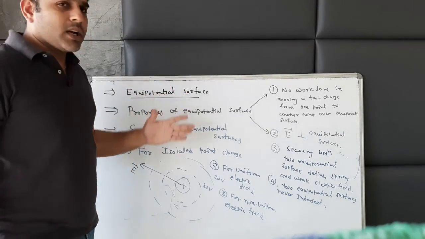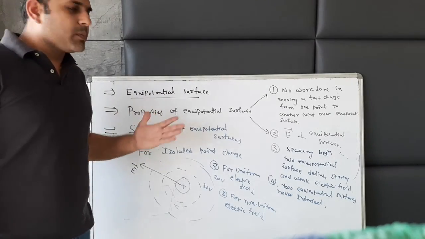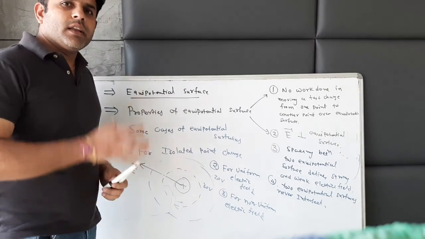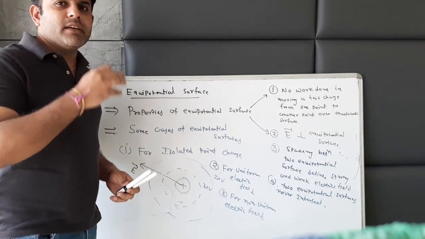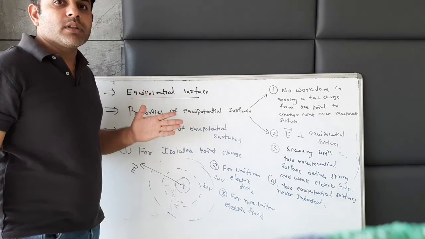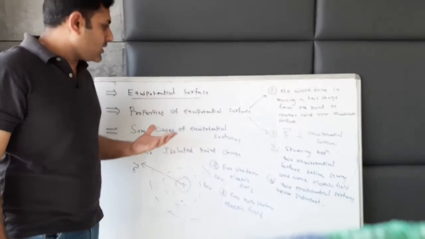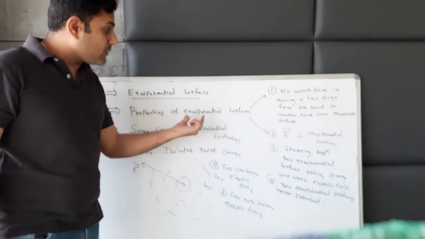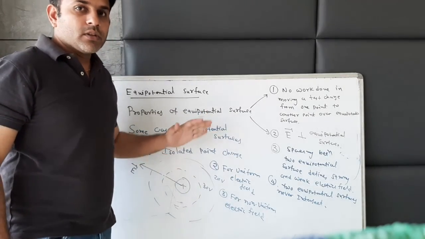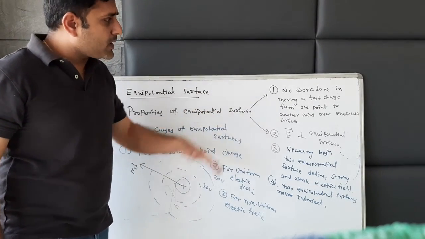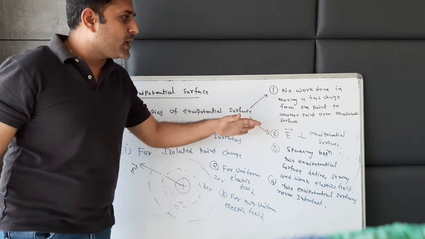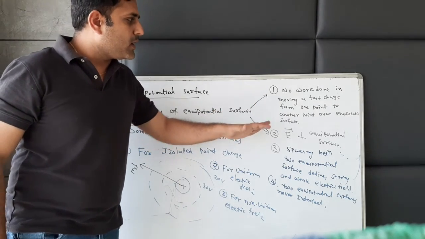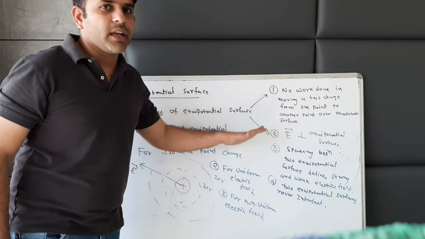So what are the properties of equipotential surface? In the electric field chapter we discussed the properties of electric field lines. Here we are discussing the properties of equipotential surfaces. The first property is that no work is done in moving a test charge from one point to another point over an equipotential